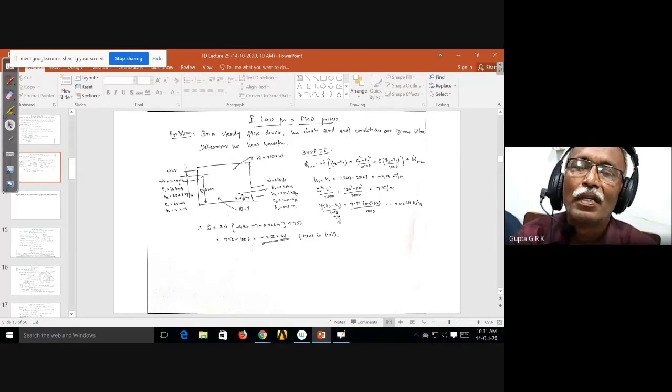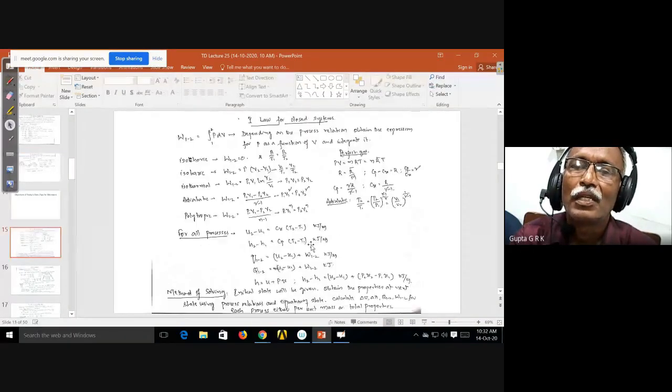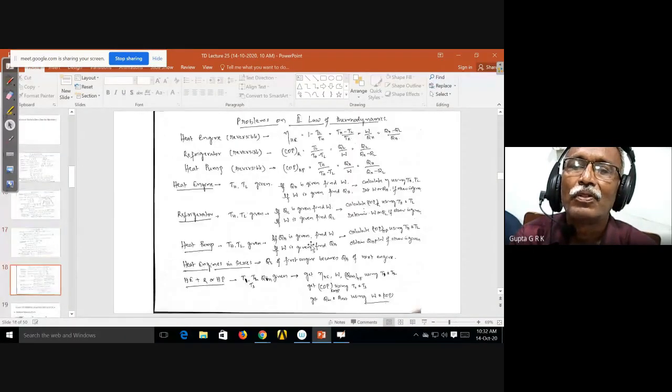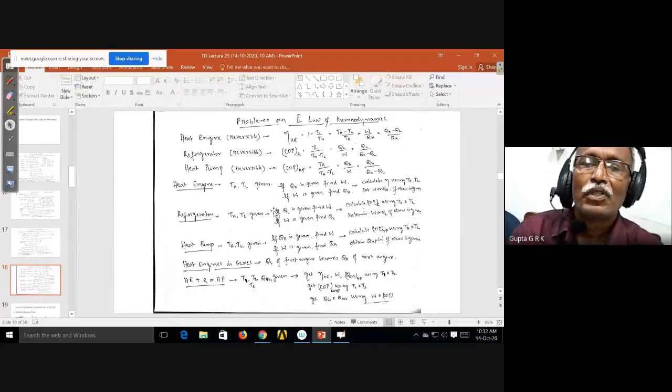Okay, so usually when you come to the Rankine cycle, vapor compression cycle, Otto cycle, or diesel cycle, in all those cycles, we neglect the change in kinetic energy and potential energy, and we will have only heat transfer, work transfer, and change in enthalpy. Okay, so that is the way we tackle steady flows or unsteady flows. That is about the first law.